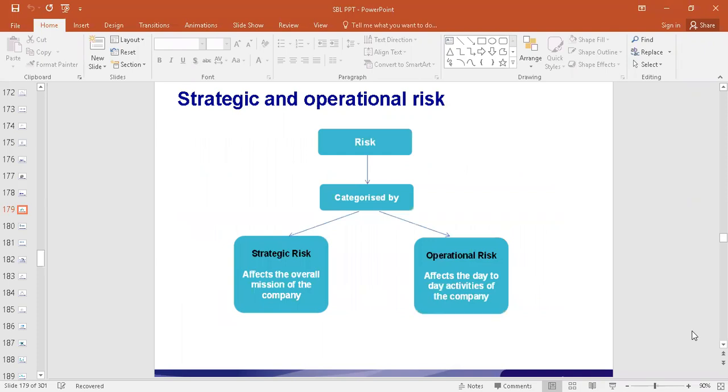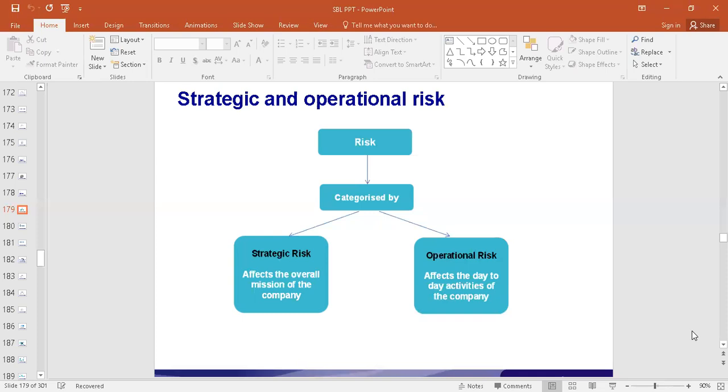In fact, we can see different category classifications of risk, but whatever comes our way, we will take it up, because the paper is not only about risk management. Risk management is one part of SBL. So whatever is given according to our syllabus, we will take it up. But these are not the only types of classification of risk. There are various other ways of classifying categories of risk. But whatever is in our syllabus that comes our way, we will take it up.